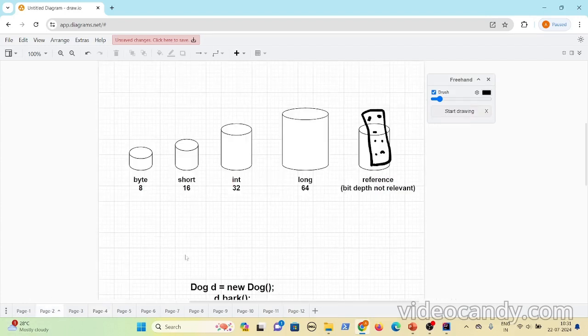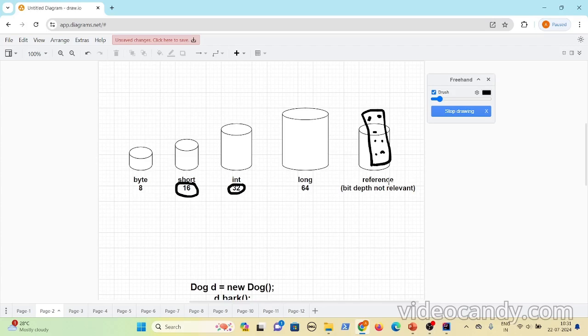Now let's look at this diagram. As I said, a variable is nothing but a container which can hold something. If it is a primitive variable, it can directly hold the long value specified within that range. If it is an integer, it can hold 32-bit integers, and if it is a short, it can hold 16-bit integers.